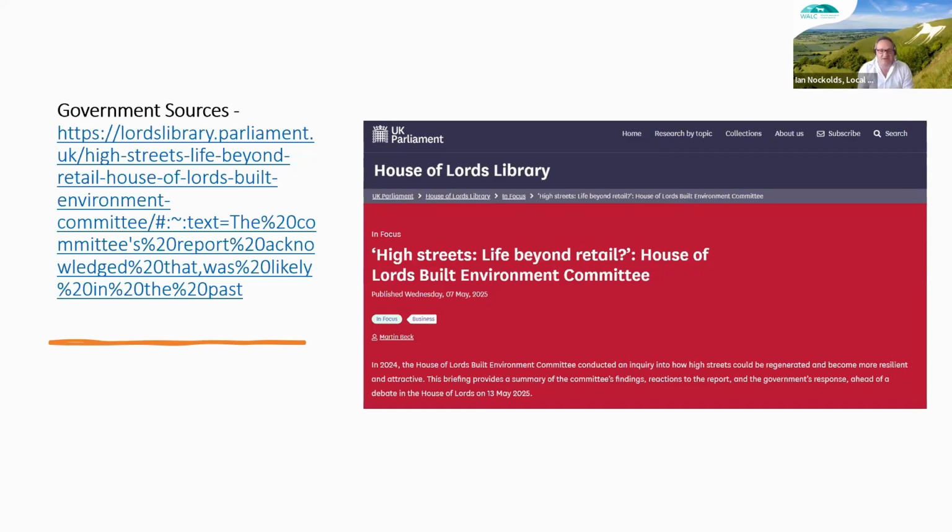Now, of course, Wiltshire's an interesting community because we're familiar with our market towns, but also we've got lots of very rural communities as well. But understanding what is going on in our high streets is a really interesting question. It's going to be something that I'm sure concerns people across Wiltshire and Swindon. And actually, there's already quite a lot of research out there that indicates trends. So there's nothing to stop you doing a business survey of businesses in your area. But why on earth wouldn't you start off by trying to get your head around what the national picture is, with some examples first? And again, this information is freely available.